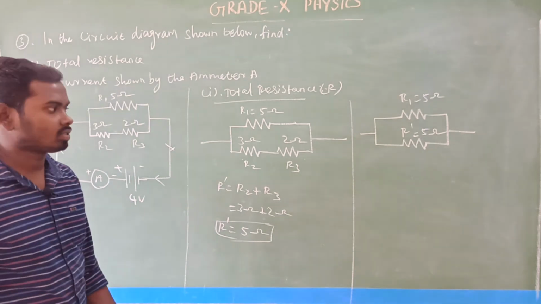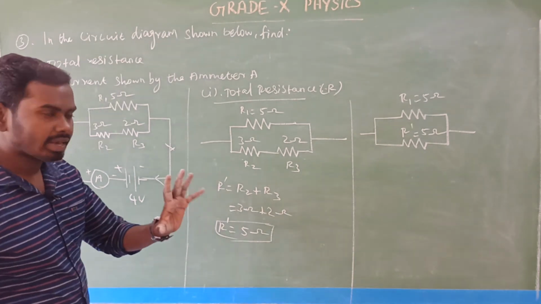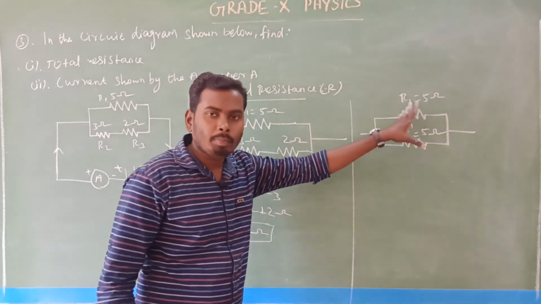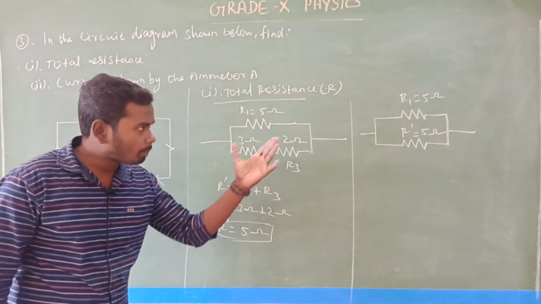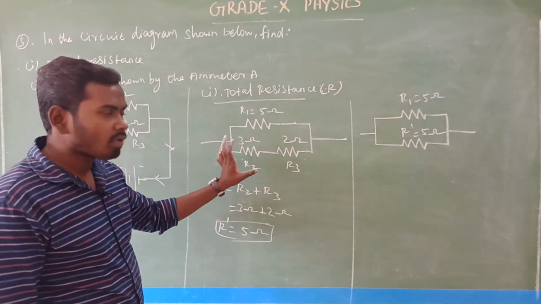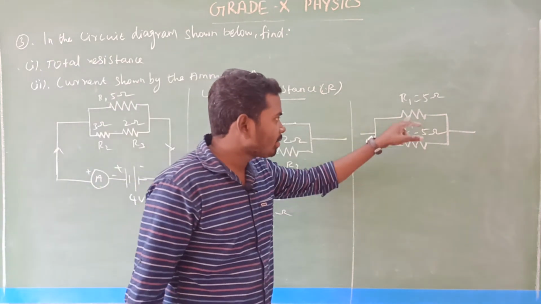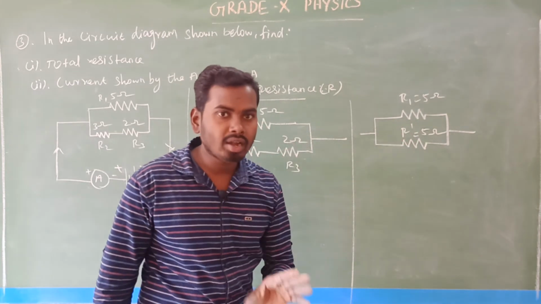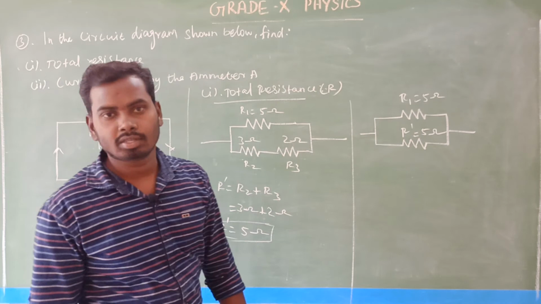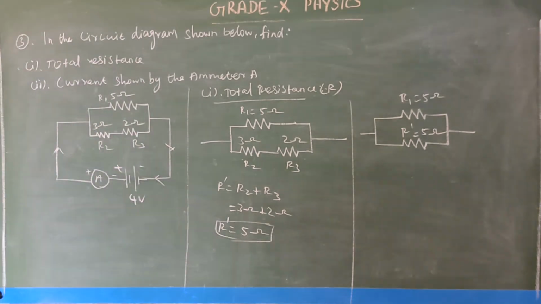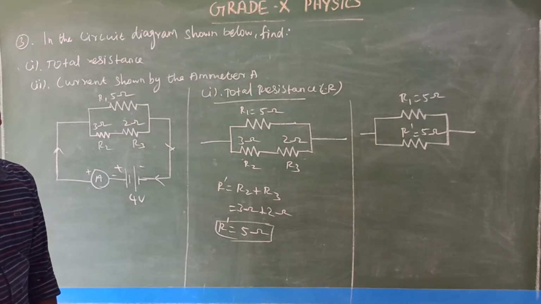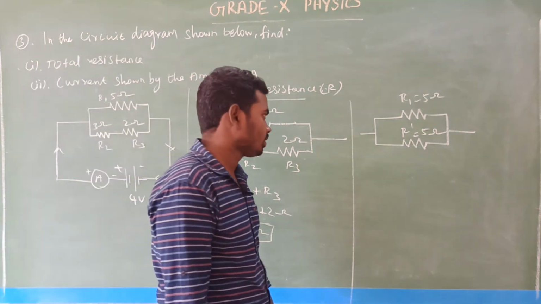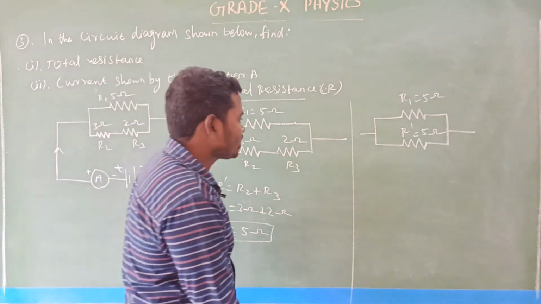Okay, students, look here. Now the two resistors R1 and R dash are parallel to each other. So we have modified the diagram, and in the new diagram the two resistors are parallel. Now, what is the total resistance value? That is the first question. Is it clear, students? So what is the total resistance value, sir?